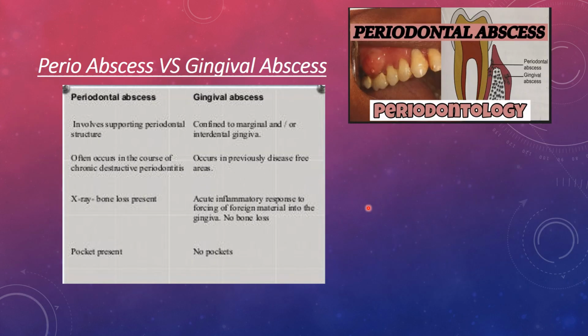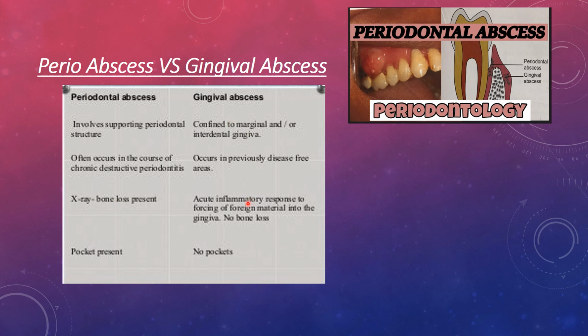So coming to the gingival abscess. Periodontal abscess involves the supporting periodontal structure, whereas gingival abscess is only confined to the marginal and interdental gingiva. Periodontal abscess often occurs in the course of chronic destructive periodontitis, whereas gingival abscess occurs in previously disease-free areas. Periodontal abscess, X-ray bone loss present, so bone loss can be seen, whereas gingival abscess, this